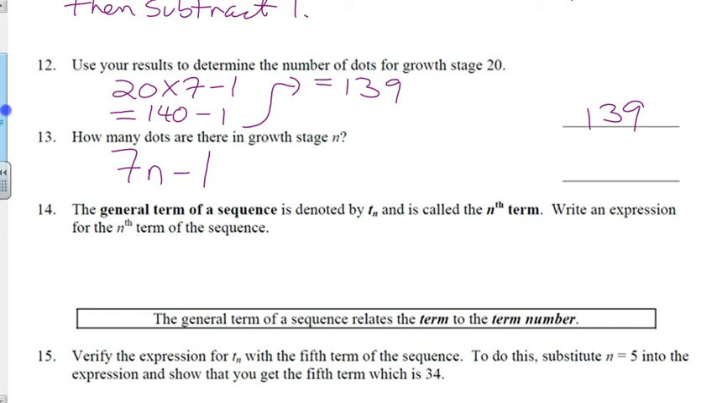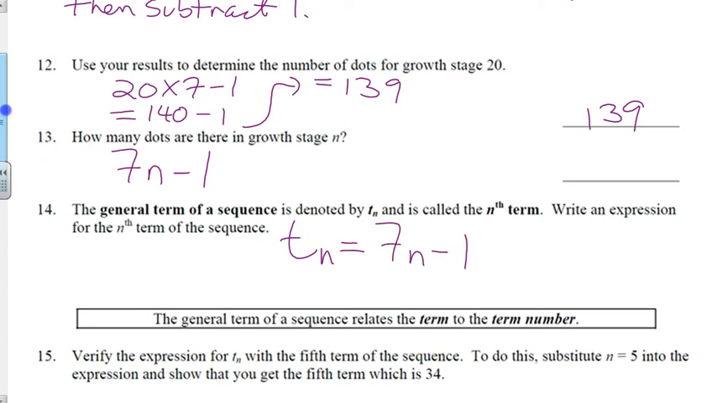The general term of a sequence is denoted by t sub n. N is called the nth term, where n is any number we want it to be. If I want n to be 20, then we do t20. If I want n to be 100, we do t100. We're going to write an expression for the nth term of the sequence. So really it's just a formula. This one says t sub n, the nth term, is, and then here's our formula, which we already figured out: 7n